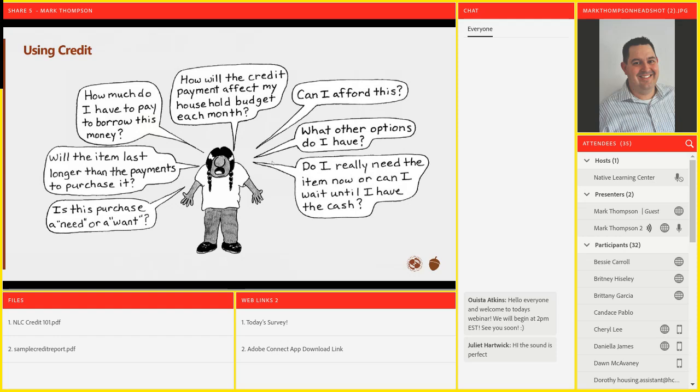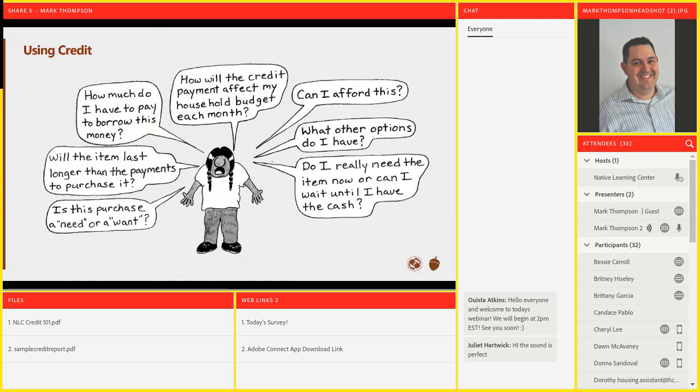And so you want to be thinking about that, right? And maybe choosing that long-term loan is the only way that you can buy that particular vehicle. But the problem is it puts you in a bad situation. So anytime that you're going to be using credit, I think it's very important to be asking the type of questions that this gentleman is asking himself, right?